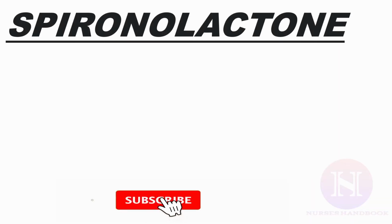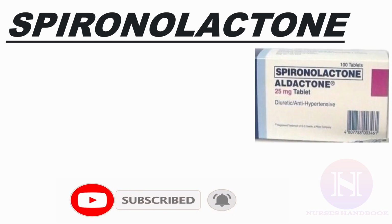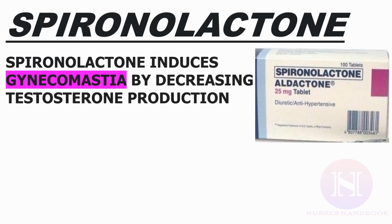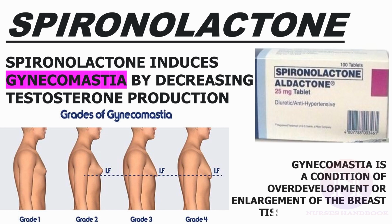Fifth point to remember is spironolactone, which is a potassium sparing diuretic, is used for treating fluid retention in patients with congestive heart failure, cirrhosis of liver, kidney disorder, treating hypertension, etc. Has got a major side effect, and that is it induces gynecomastia in males by decreasing the testosterone production. What is gynecomastia? It is a condition in which there is an overdevelopment or enlargement of the breast tissue in